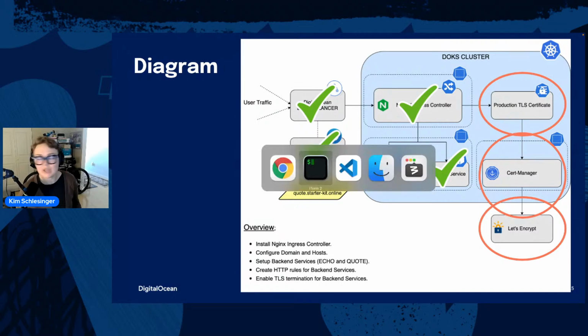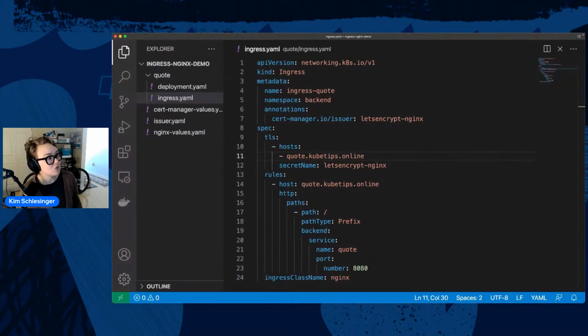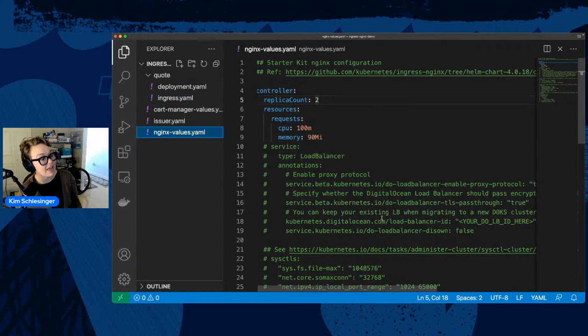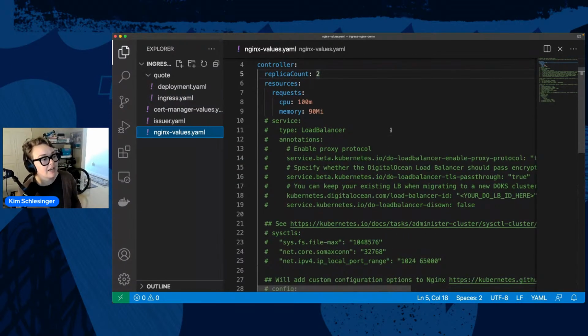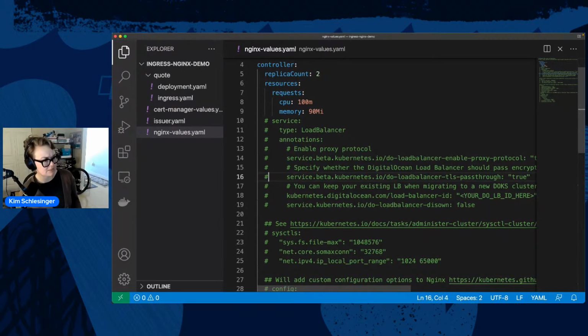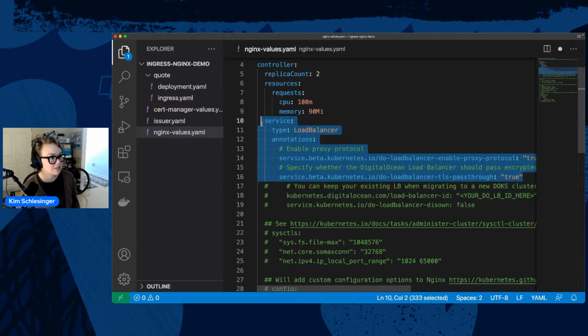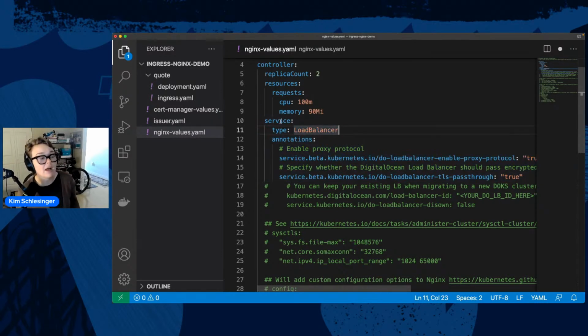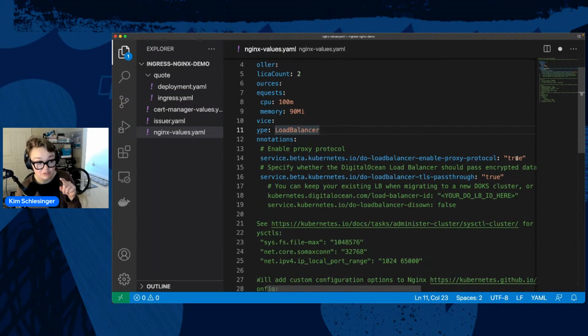And so we need to go back to our Ingress NGINX values. And there's two things that we need to do. Let's see. I'm going to uncomment these things. This is for the load balancer that Ingress NGINX spun up. I'm saying enable proxy protocol, true.